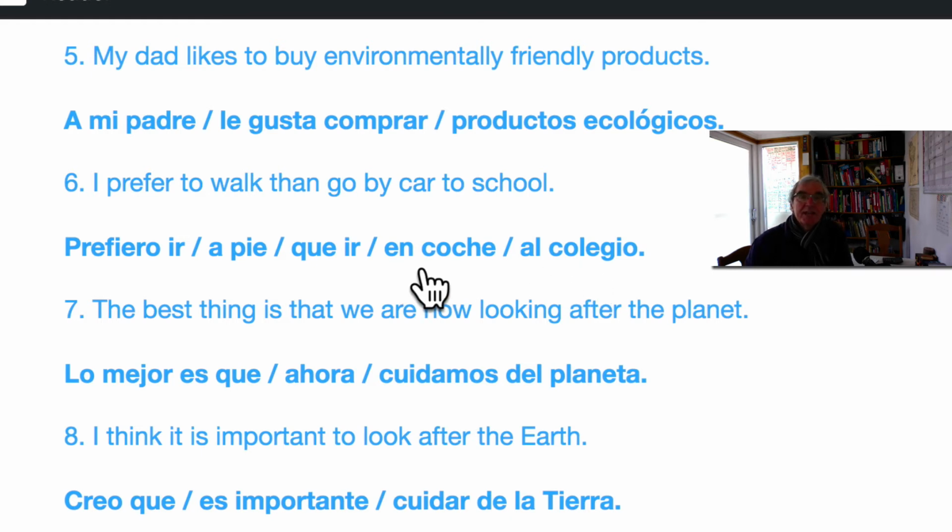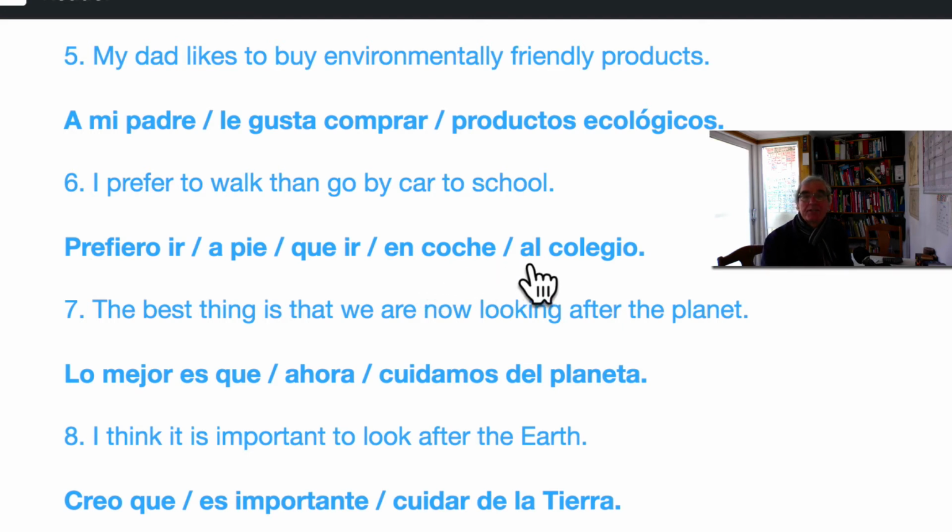Just looking at the expression en coche, transport crops up a lot in the exam. This is en coche. How do you say by train? That's it, en tren. How do you say by plane? En avión. Fantastic. How do you say by bike? En bicicleta. The reason I'm stressing this is in Spanish, they're saying on stuff. In English, we tend to say by bike, by car, by train. Okay? Just those little differences sometimes add up to a lot when you're doing your translations.